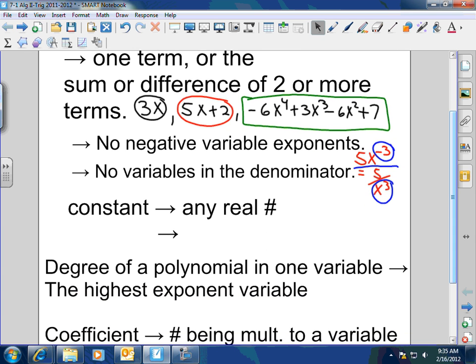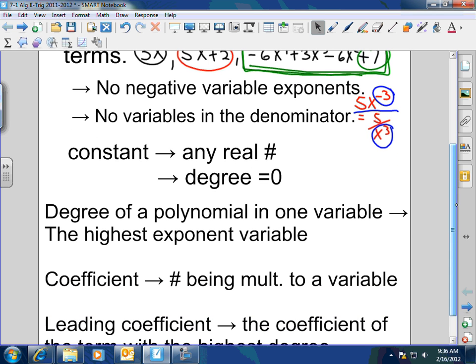So in this green example up here, the constant would be positive 7. Very good. Also, about the constant, it is a number. It is not a variable. So the degree of the constant will always be 0. Okay. Now, as far as the degree of a polynomial in one variable, that means that the polynomial consists of